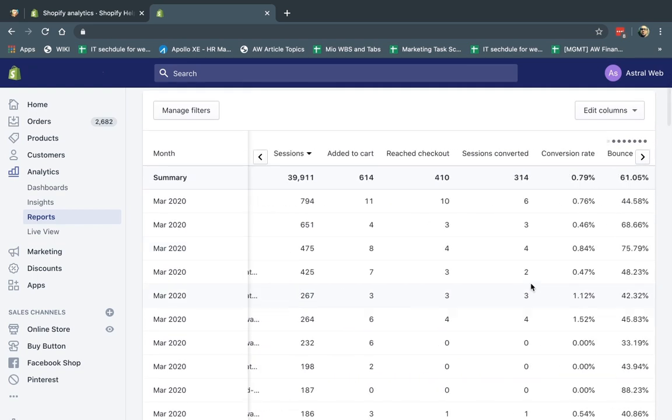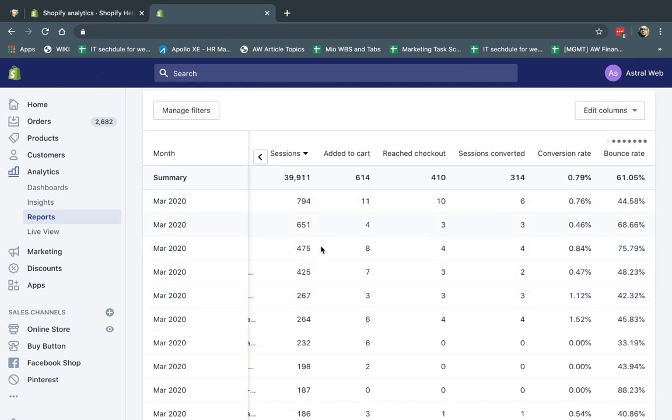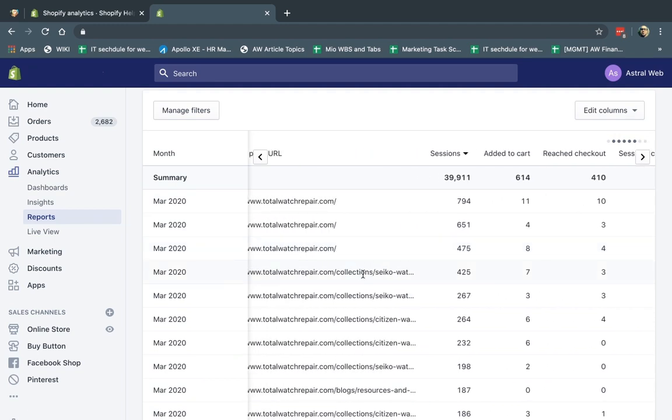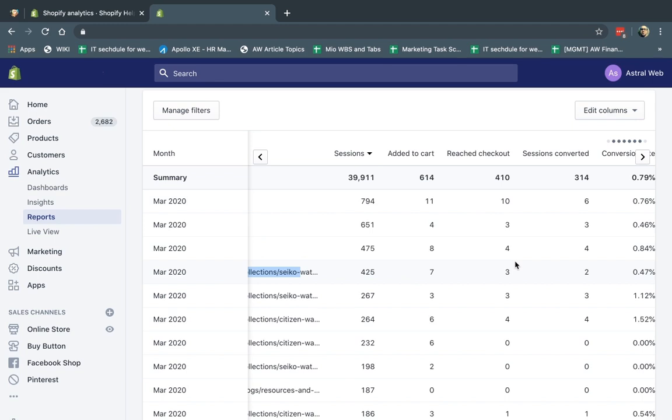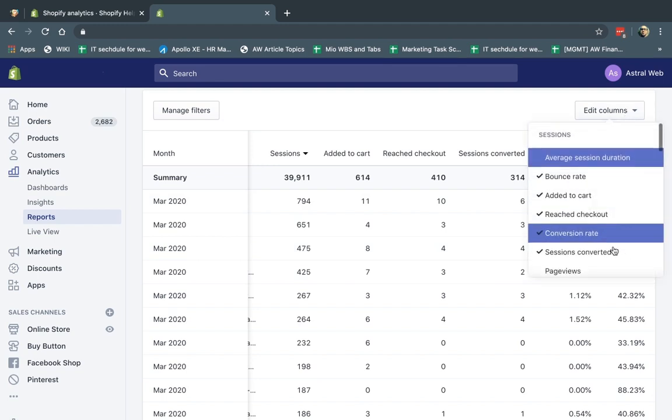So here you can see, actually in this case, we did go to the home page first, but you can see other things right here. You can see there's this collection page, etc. But a lot of websites, the most popular page is not the home page. Okay, what else can you do?